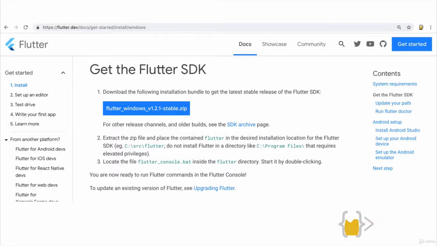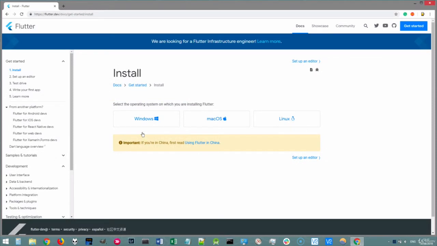So first things first, you're going to need the Flutter SDK, and you can get this as well as all the step-by-step installation instructions from flutter.dev/docs/get started. Now, once you're here, you're going to choose the Windows track, and an important note to notice is